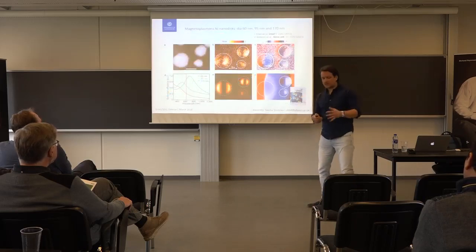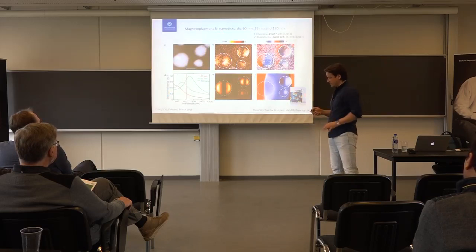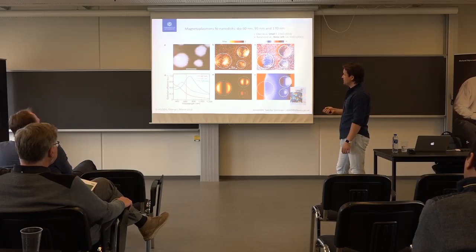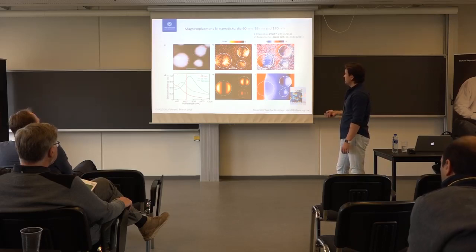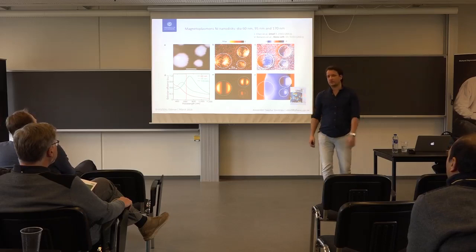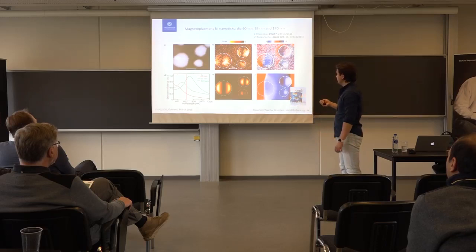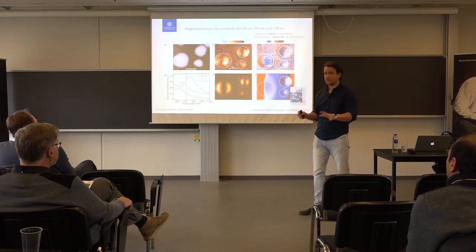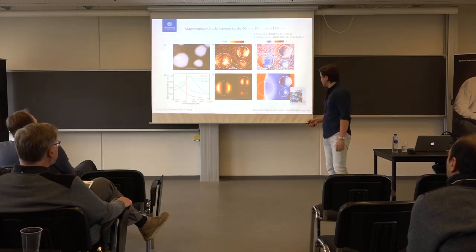In the localized case, I will focus on the localized plasmons, the simple and visual example. It's where you have these discs that you've seen before. Now they're made of ferromagnet, this is nickel. And then you see that you actually have these resonances in the visible range that look like dipoles. So they actually support these localized surface plasmons. Localized surface plasmons are essentially dipolar oscillations in this case. You can look at the phase of this oscillation. They look just like plasmons in your gold nanostructures, except now this is a ferromagnet.